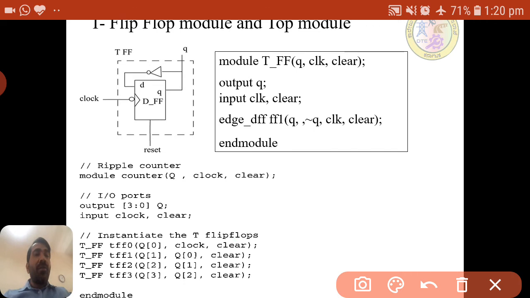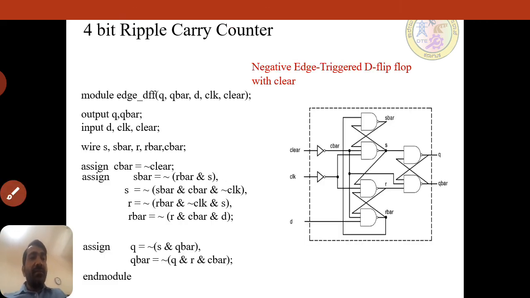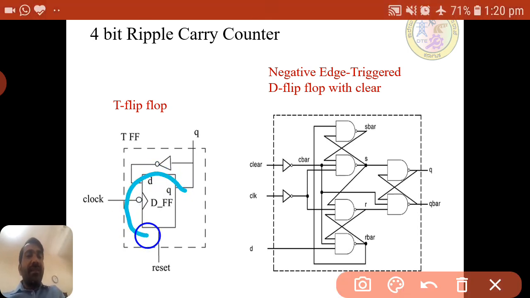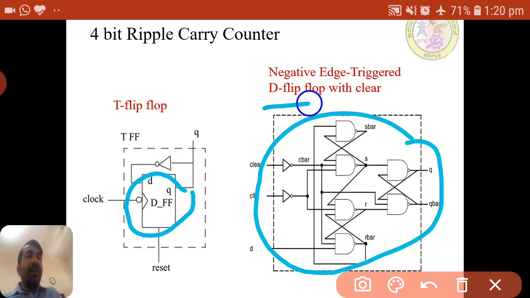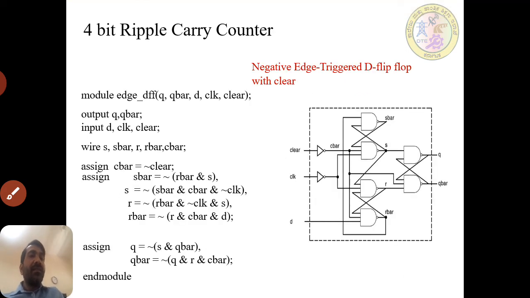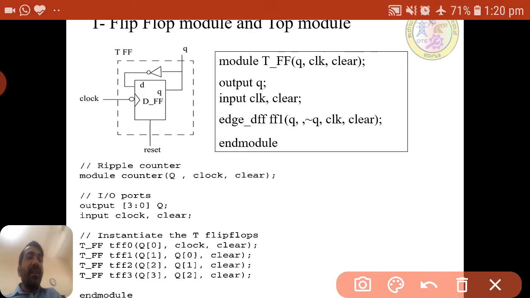Okay, so now there is one thing we need to clear in mind. Whatever this D is, this is the circuit only for the D flip flop with clear. Whatever this NOT gate is, we are taking the NOT gate here, the Q bar we are taking here. What we have defined here is the code for the T flip flop. Directly we have taken it as a NOT gate.